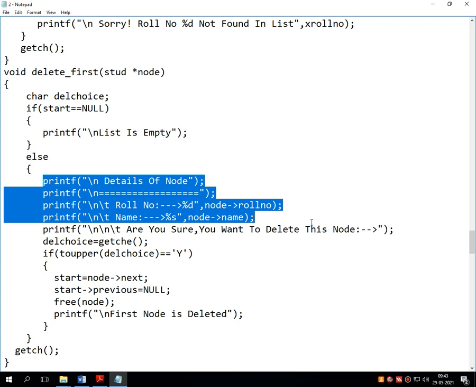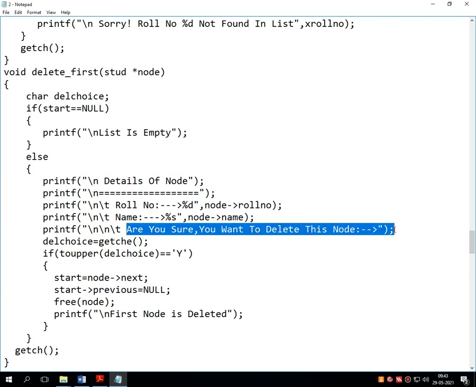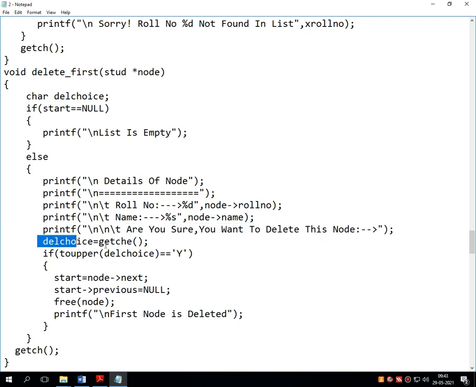First the roll number and name will be displayed on the screen, and then there is a confirmation message whether you want to delete. If I press Y, this if condition becomes true, null is shifted and start is shifted to the second node, and the reference of that node is passed into the function called free.